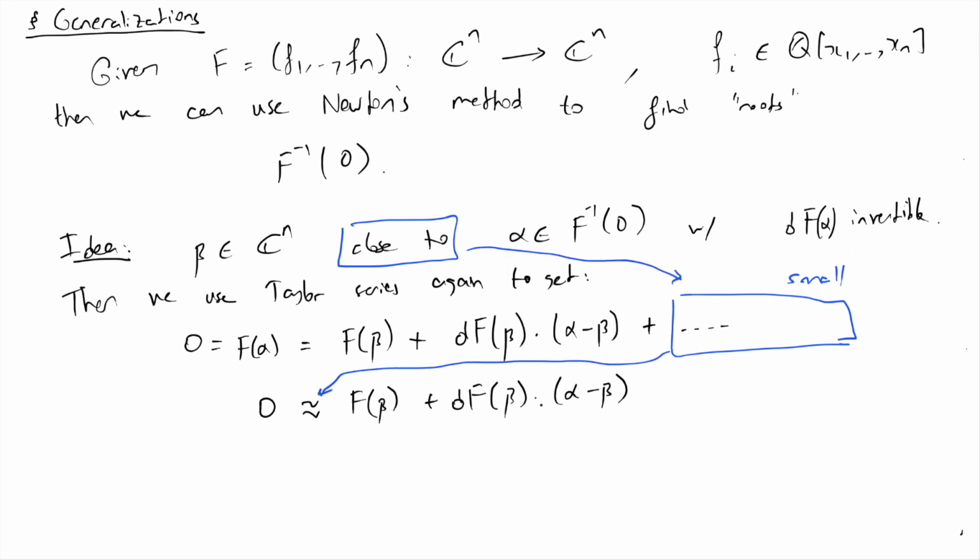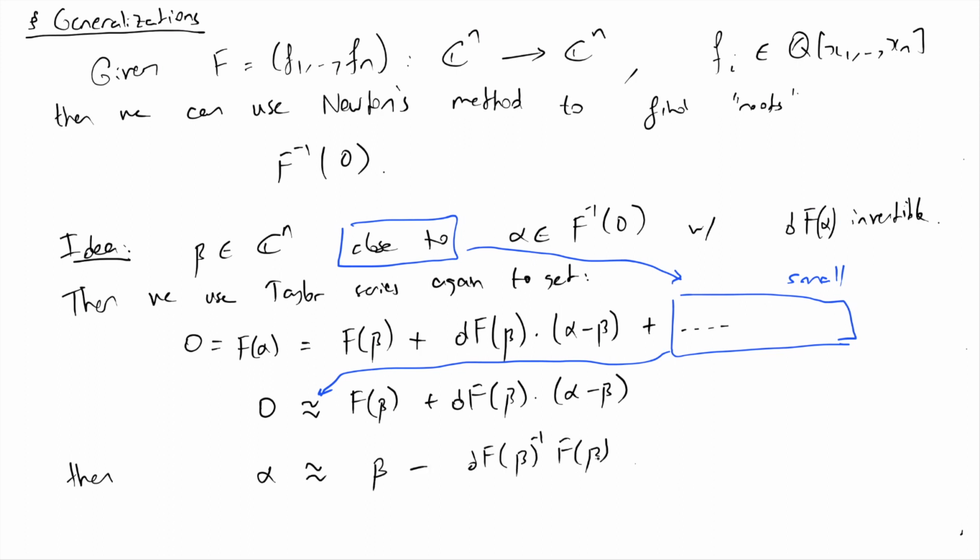Well, now I can solve for alpha because df of beta should also be invertible if df of alpha is invertible. Since these are continuous expressions, if this has non-zero determinant, this should have non-zero determinant provided beta is sufficiently close to alpha. Again, I solve that alpha should be approximately